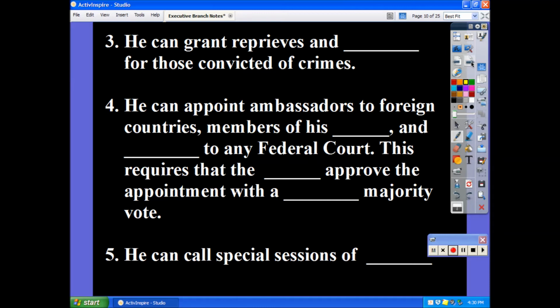So probably the two most notable situations where a special session's been called were, of course, when Pearl Harbor was bombed by the Japanese, and the president called a special session, got the House together and the Senate together to talk about what had happened and to ask for a declaration of war. And probably the second most significant one in my lifetime would be on 9/11, when President Bush gathered together the House and the Senate to talk about what they knew about 9/11, what had happened, and what they were going to do about it.